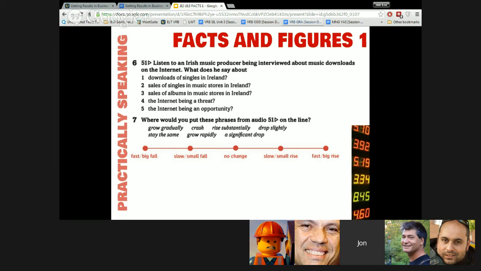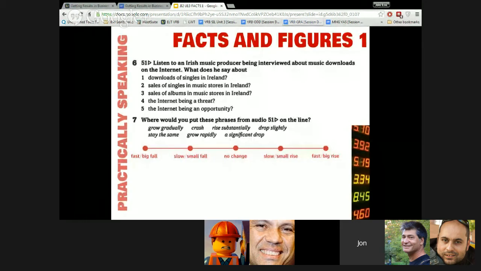Interviewer: As a music producer, do you see the internet as a threat? Producer: Yes and no. Peer-to-peer and file sharing will always be a problem for the big music retailers, but I think the internet is a fantastic tool, not just for letting people hear your music. Think of artists like Gnarls Barkley and Arctic Monkeys.